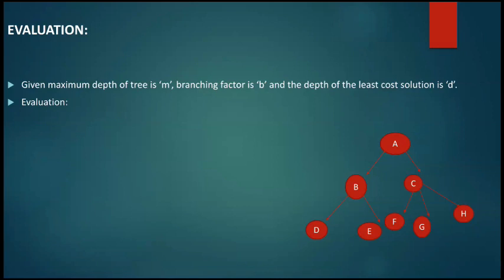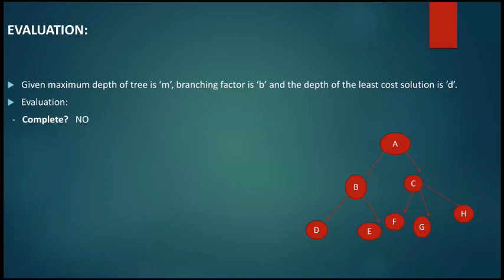So let's see what the evaluation metrics are. Is it complete? Can you tell me, is it complete or not? If you are thinking that it is somewhat similar to BFS, that if a solution exists then we can find it, let's take the case that the goal node exists in the tree. Can you tell me with 100% surety that you will find the goal node? If you are thinking yes, then you are wrong, because this algorithm is incomplete. Why?